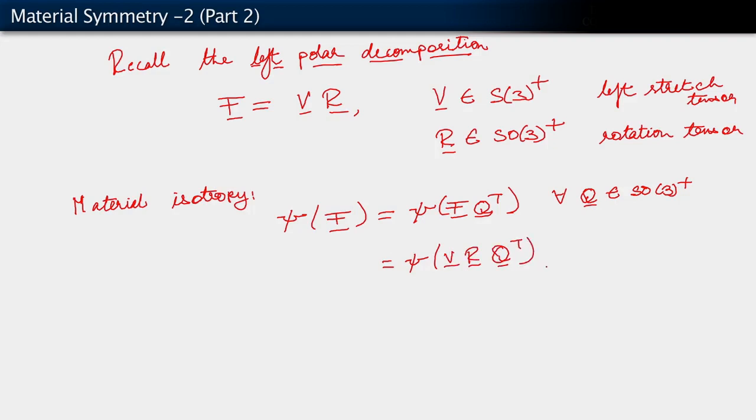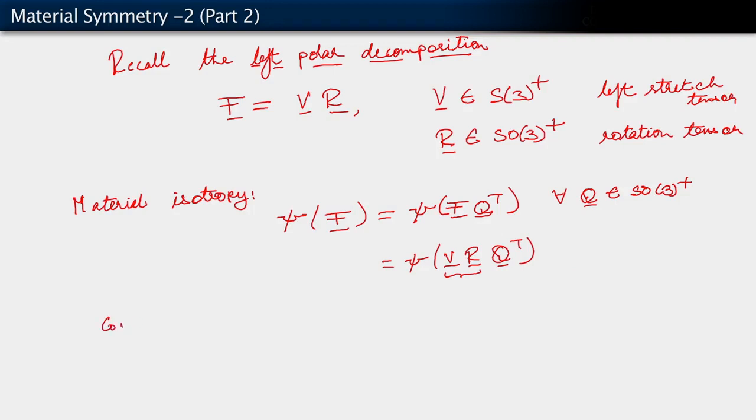Now we carry out the same mathematical argument as we invoked to make our case for material frame invariance. We say, you go ahead, pick the point and the time at which you want to impose this argument. Since we have the left polar decomposition in this form, and since this must hold for all Q, this must also hold in particular for